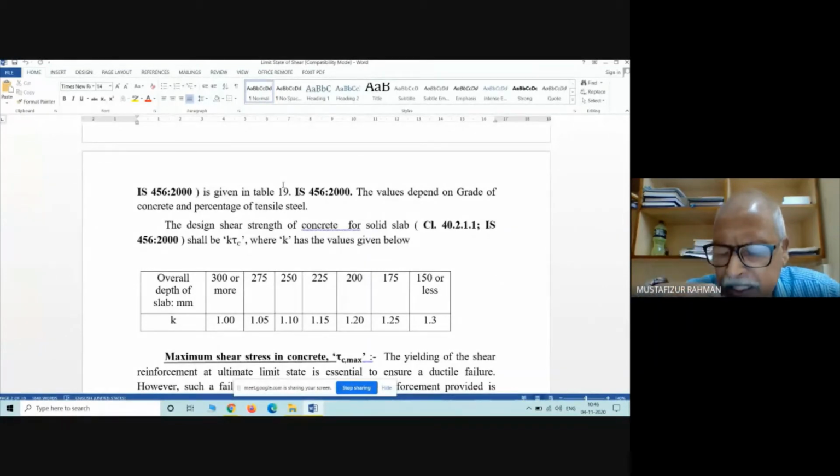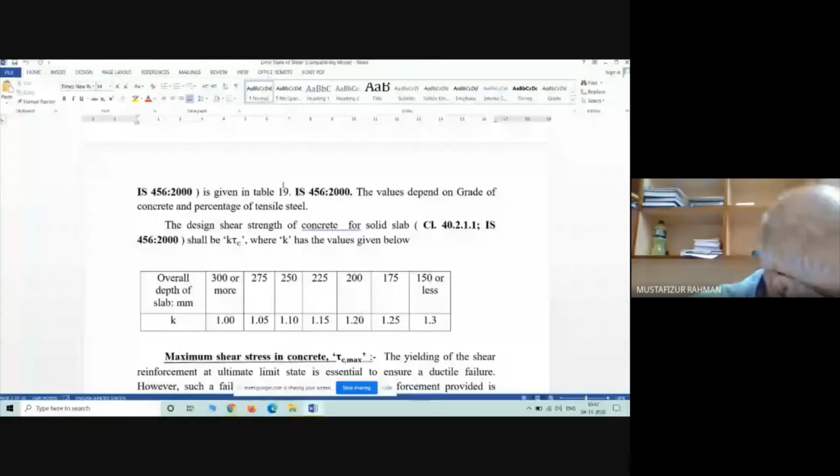Then the second column represents shear resisting capacity for M15 concrete. The next column represents shear capacity for M20 concrete. The third column represents M25 and so on. So with respect to the first column, by finding this Pt, the tensile steel percentage,